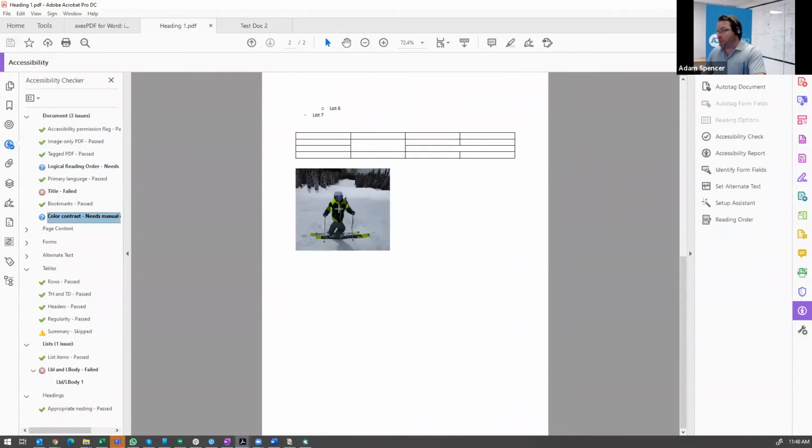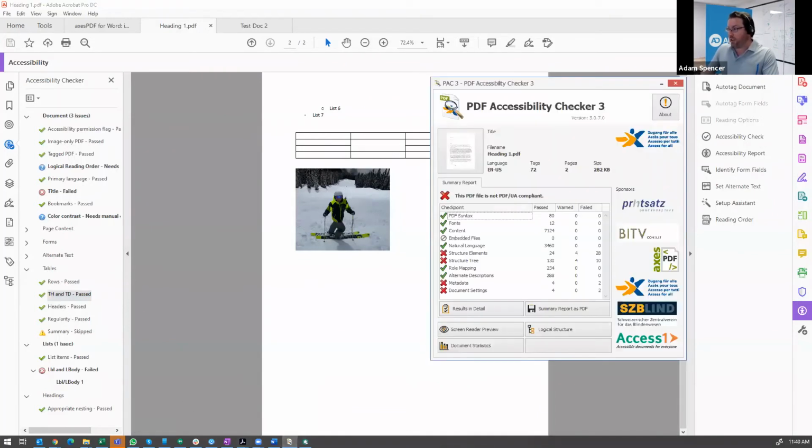I may have a contrast issue within the image, but you've got to recognize some of the limitations of the color contrast analyzer. And recognizing that manual checks are always going to be required regardless of what your testing tool says. But you now see that in this table, there are no issues with the irregularity in the table. But this same file, right, heading 1,